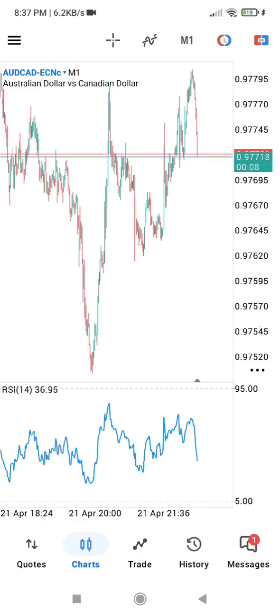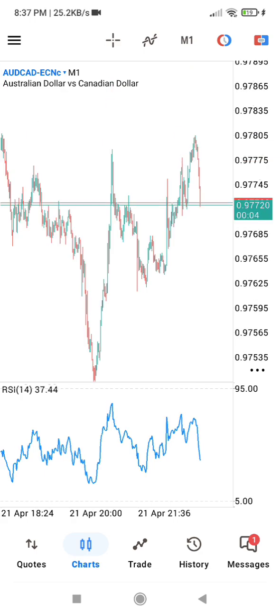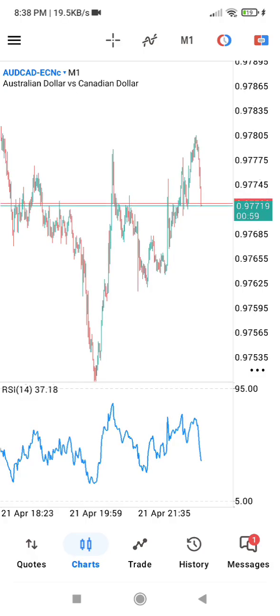So if you are scalping like on 1 minute now, this is the best type for you, the raw ECN account. But if you are going to be holding your trades over time, go for the one that is swap free. Okay,